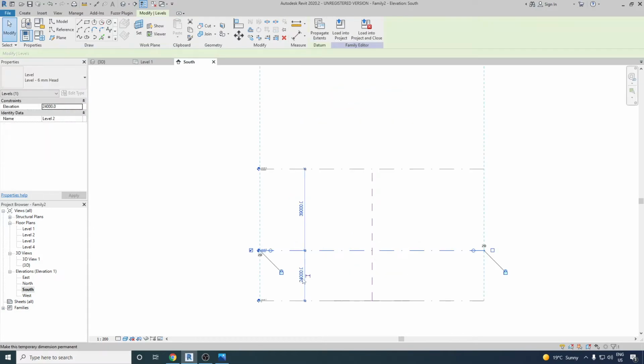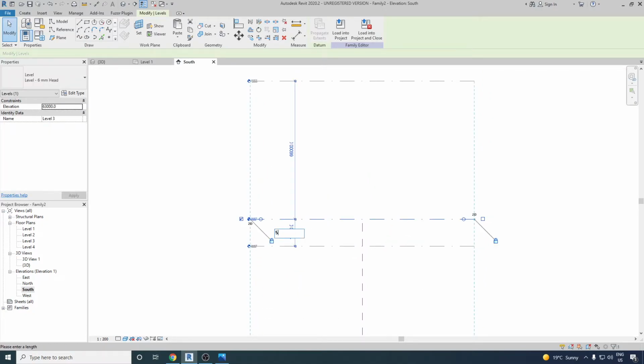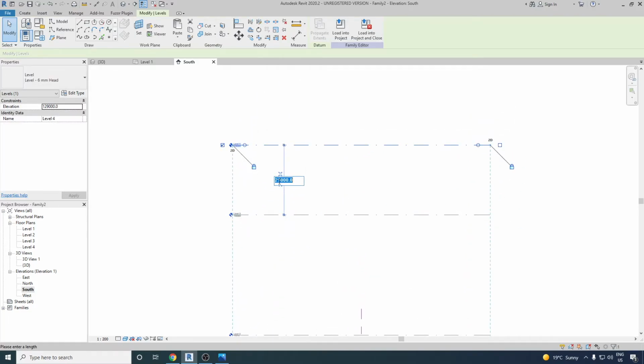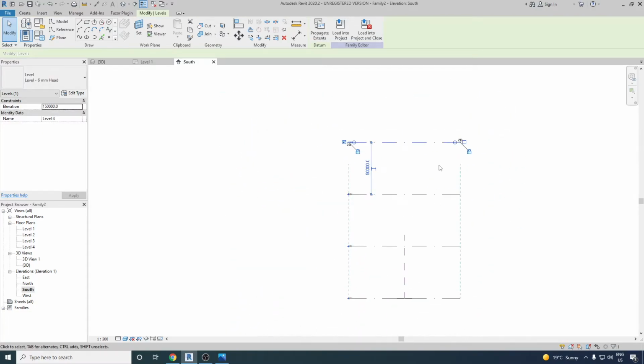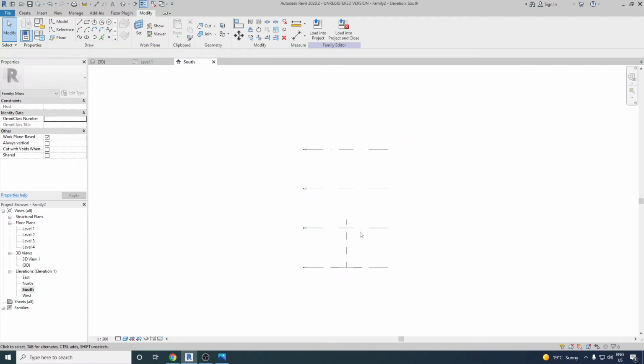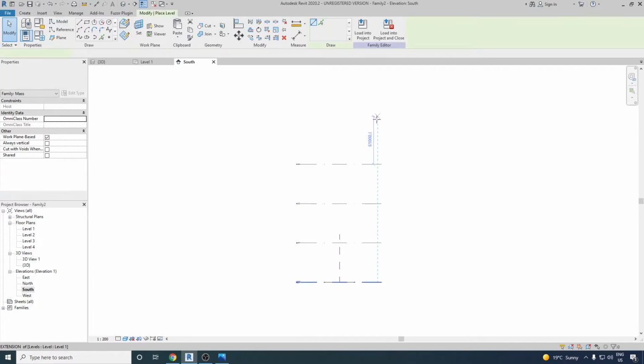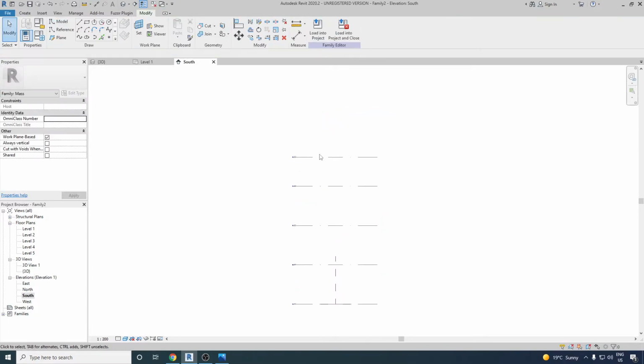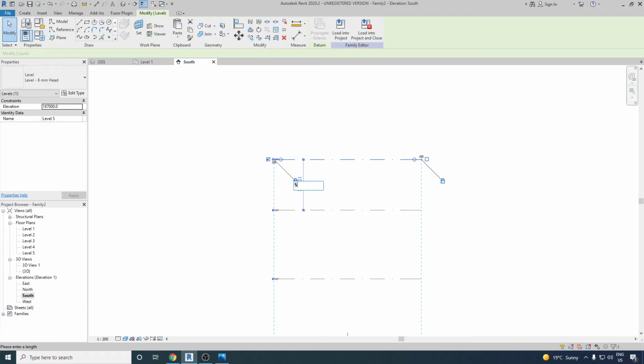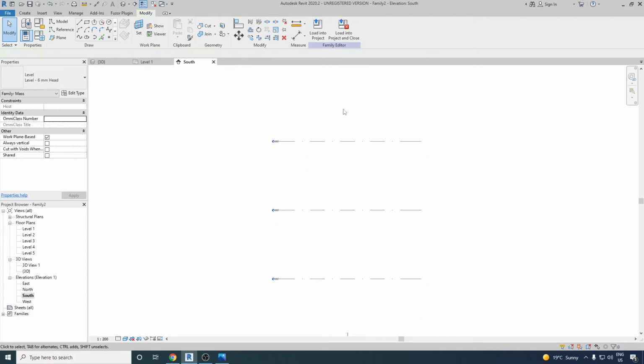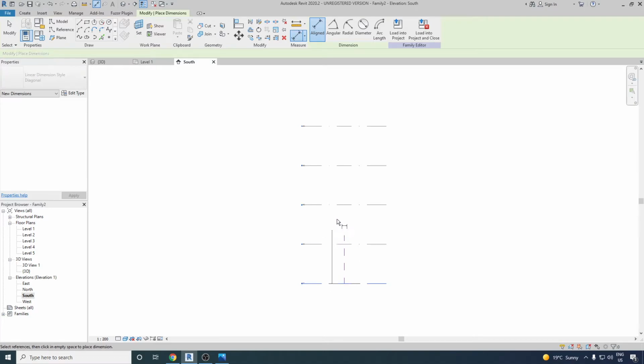Okay, and let's set its height. This should be 50 meters. Then the second one will be again 50 meters, then one more, so 50, and I guess we need to add one more. So let's go back, create level and add it here, and then 50 meters. Now if you measure it, you will find the total should be 200 meters